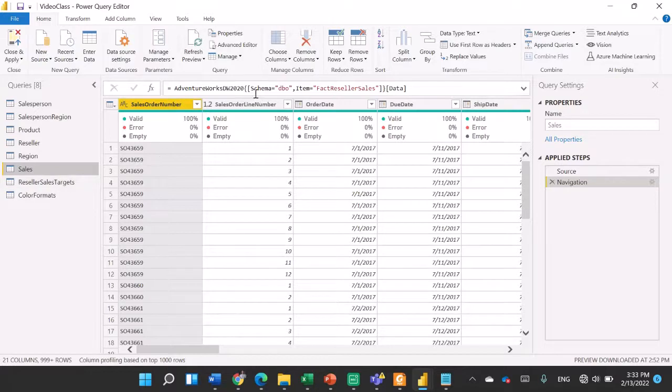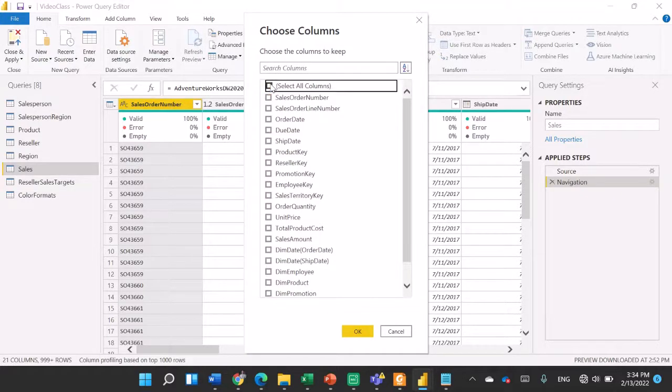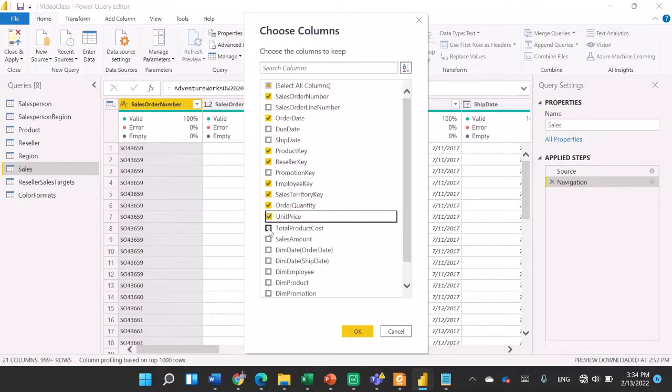So let's remove all columns. We have 21 columns, 21. So we only want sales order number, we want order dates, we want product key, we want reseller key, we want employee key, we want sales territory key, we have order quantity, unit price, total product cost, sales amount, and